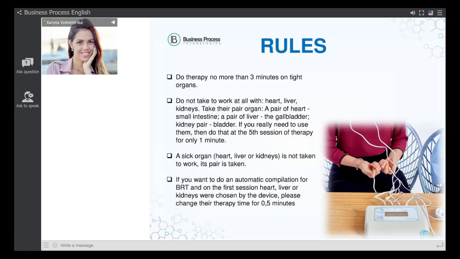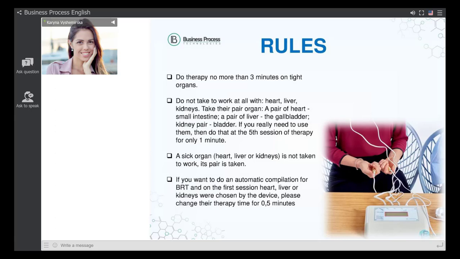As I showed you on the using star, our organism is very connected, and every organ has its pair. In this case, working with its pair, we will make a result on the heart, liver, or kidneys. It's very simple. For example, you can do a massage of your foot, or somebody can do a professional massage of the foot, and meanwhile you can feel pain in some other part of your body because everything is